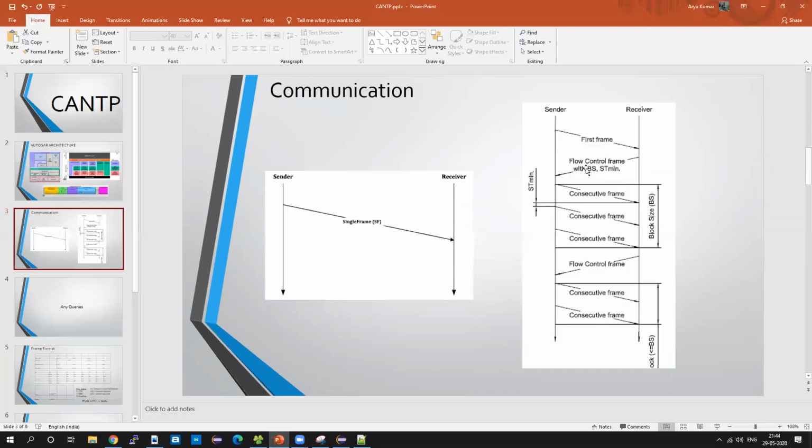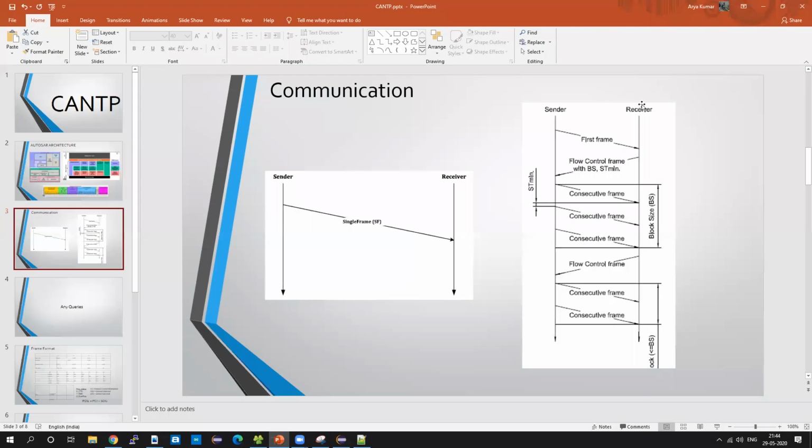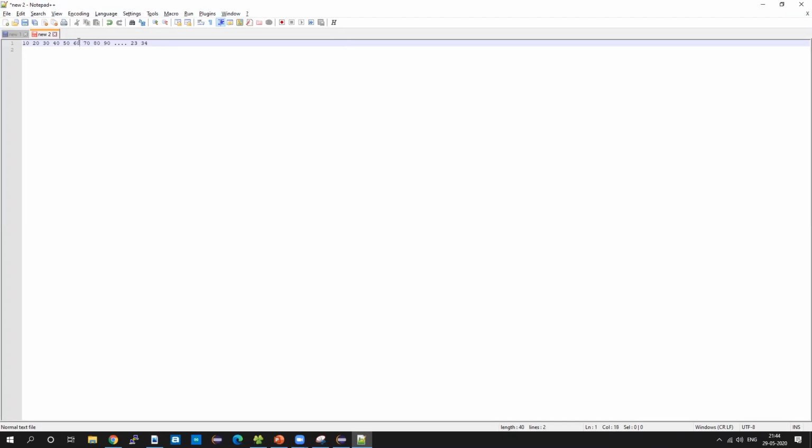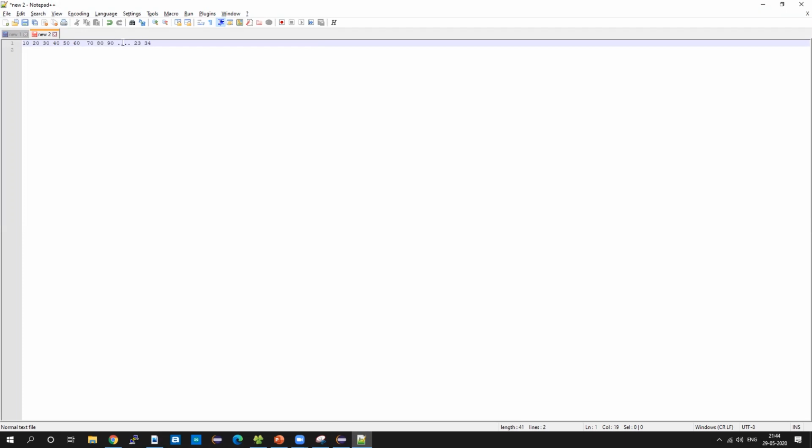But if you want to transmit more than 8 bytes of data, suppose 70, 80, 90, and so on, then first of all the first frame will go. It will fragment the data, then send some flow control, which we will look into, and then the consecutive frames, so the rest of the frames will be sent.